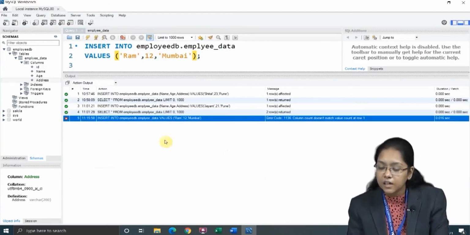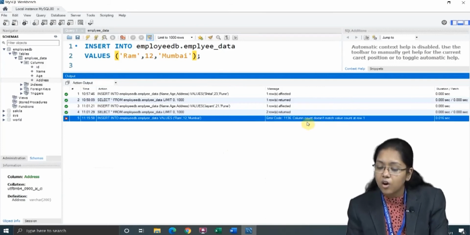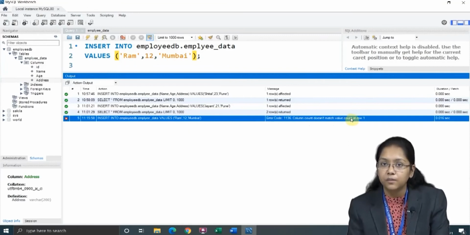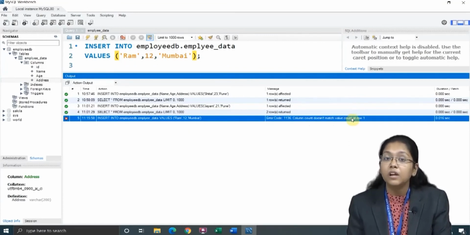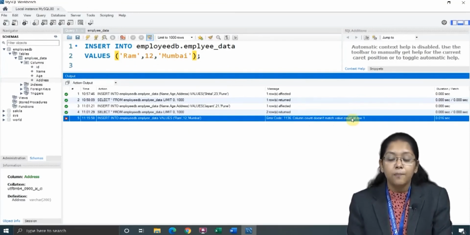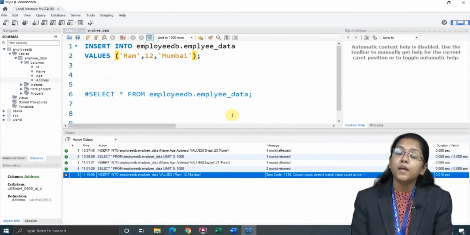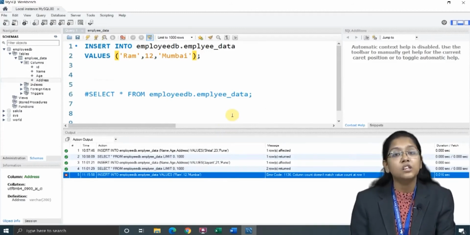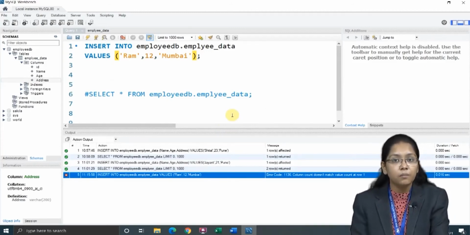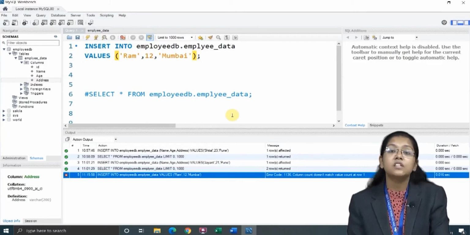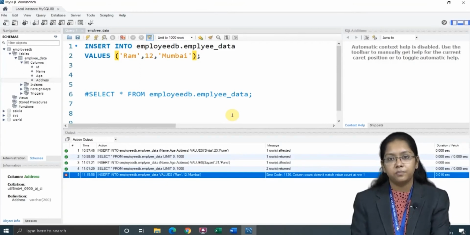In the error message you can see: column count doesn't match value count at row 1. My actual column count in this table is 4, but I am giving values for only 3 columns. Is 4 and 3 matching? No, right? So therefore it is giving me an error like this.